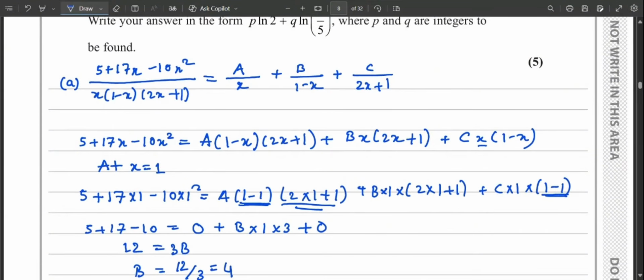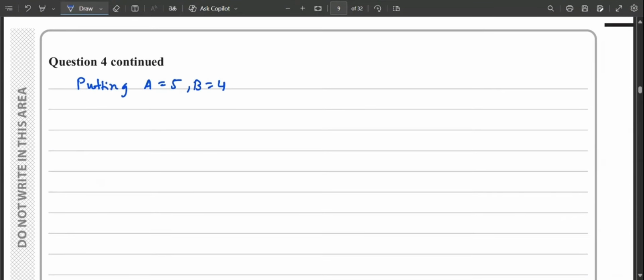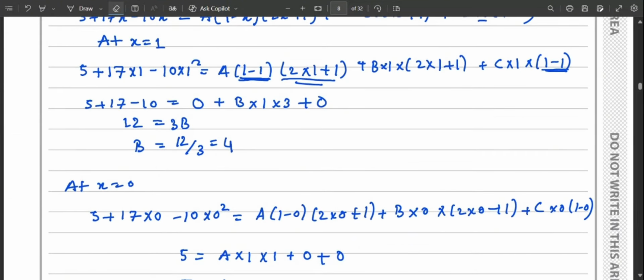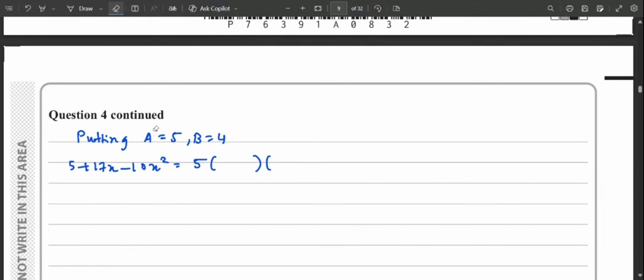So our new expression would be 5 plus 17x minus 10x square is equal to 5 into 1 minus x and into 2x plus 1, plus we know b is 4, so b into